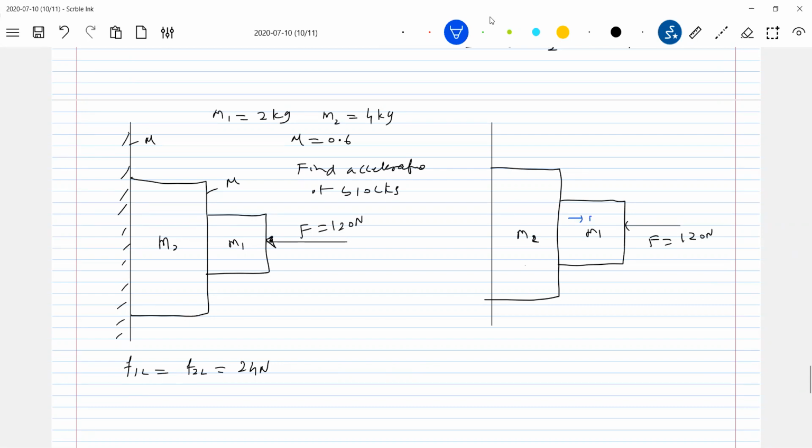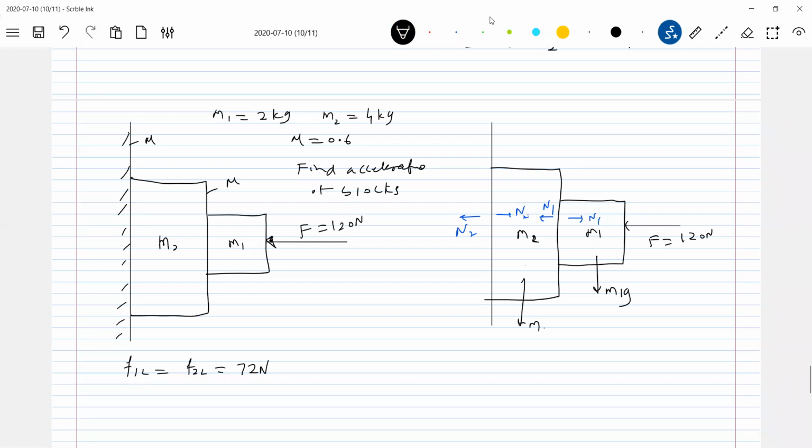So normal contact N1, N1, N2, N2. Sir, F1L and F2L will change, no sir? Forces change. Your limiting friction will be okay. This one, sorry, this one. I'll calculate it. So it should be equal to 0.6 times the normal force. Anybody, value? 72. 72 Newton, sir. Okay, fine.